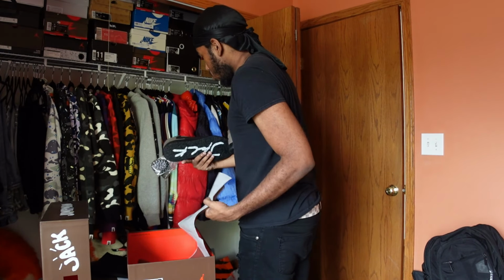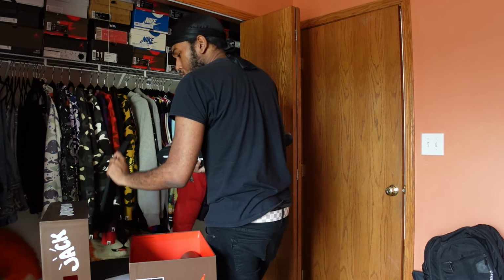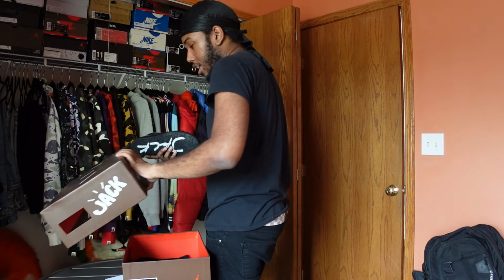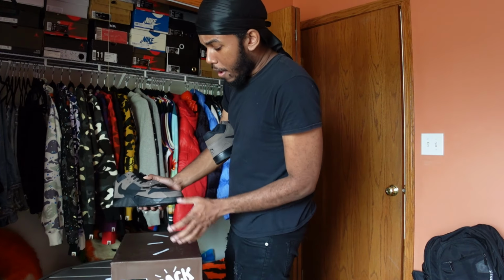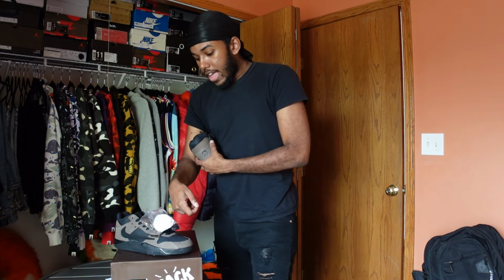Now, let me also get the left shoe out. I'm gonna use the left shoe to review this, and then I'm gonna keep the right shoe on display right here. So close this up and then keep this right here. Now, more or less,